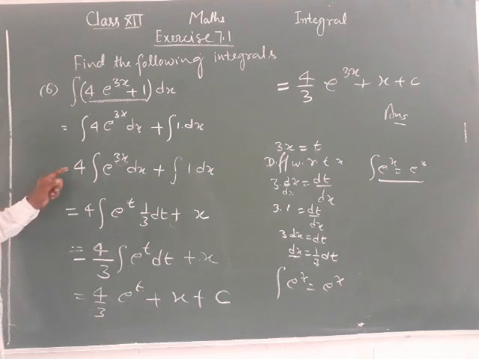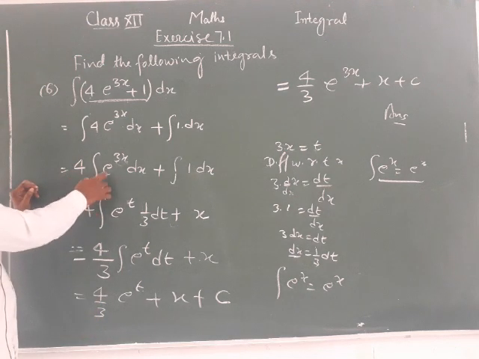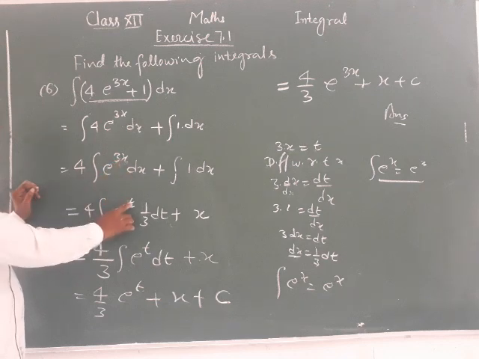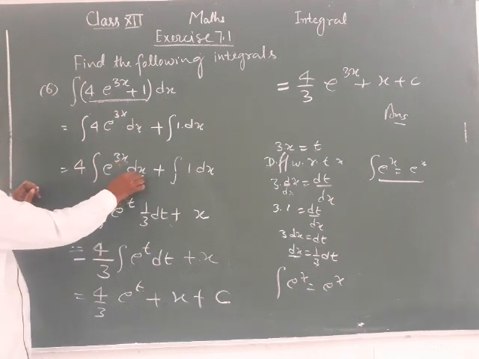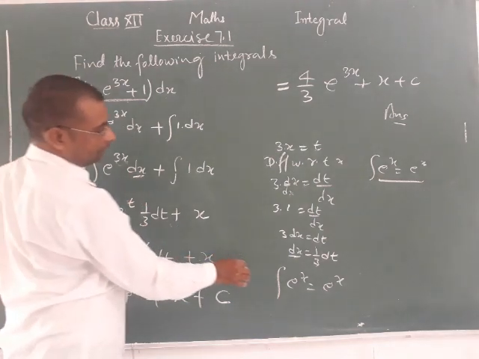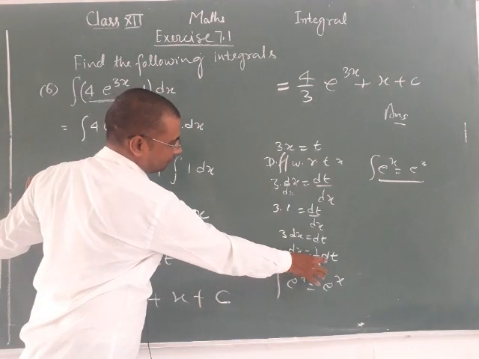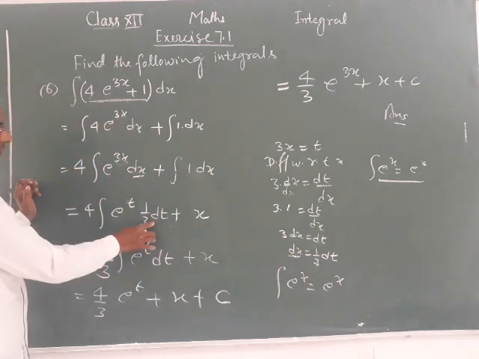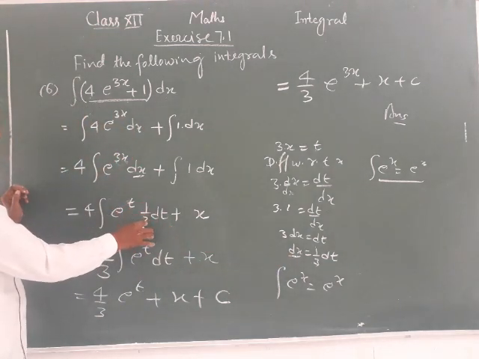And 4 integration of e raised to the power t, put here, and dx also remove, so dx is equal to 1 upon 3 dt. So now put here this value 1 upon 3 dt